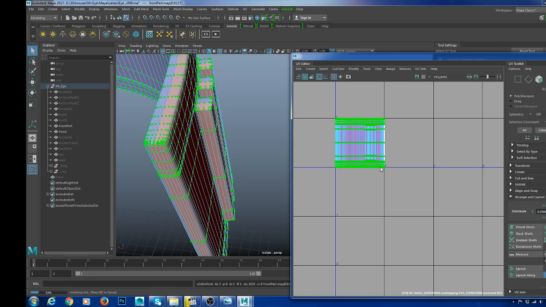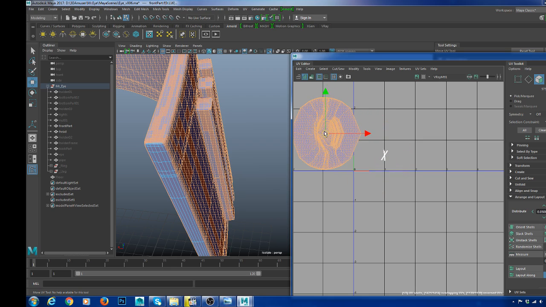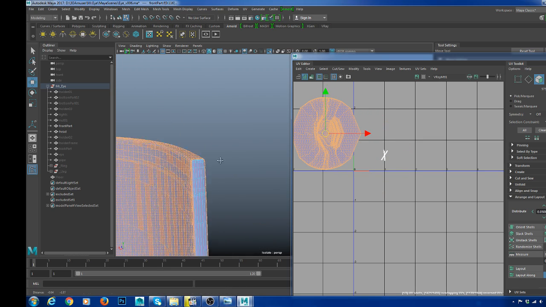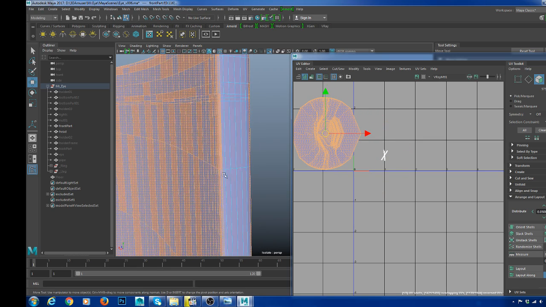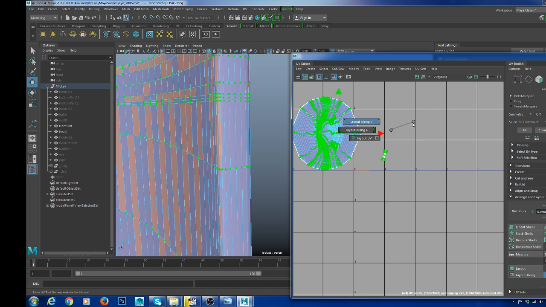Hopefully it doesn't crash. If you see, it's thinking here. So I know it's going to mess up because I know it's going to happen. But what I'm going to do now is create a seam at the back so I don't have to see it. So when I select these edges, it's going to go across all the edges. So I'm going to Control-deselect those edges and Shift right-click and cut it. So now if I unfold it,